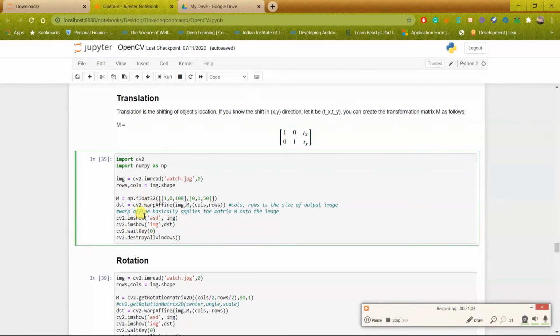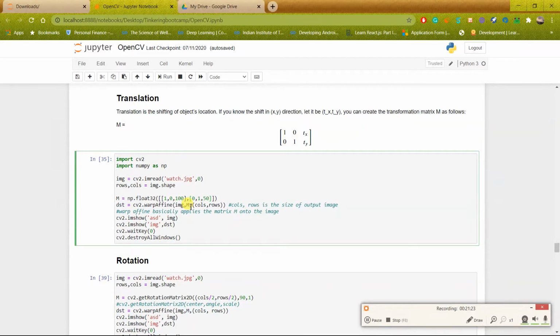Then I use the function warpAffine. This function is actually not particularly for translation, it just multiplies the image by this matrix. So it can be used for rotation also, as we will see after this.